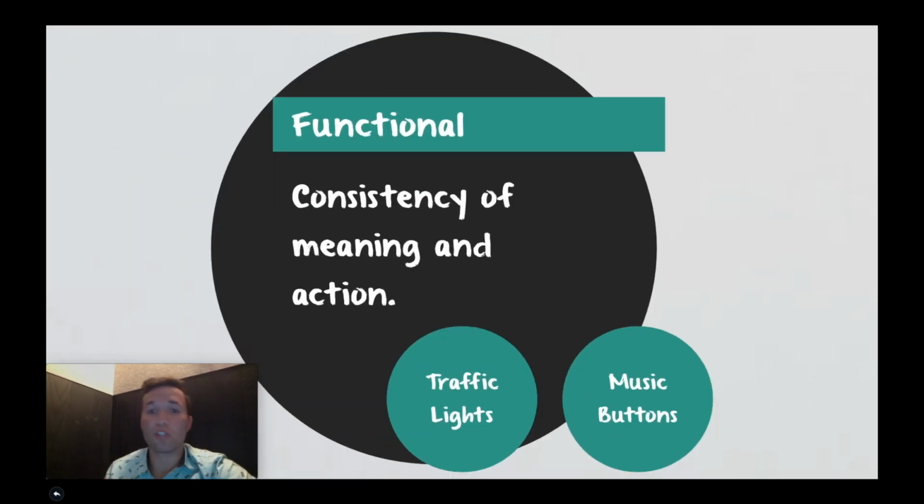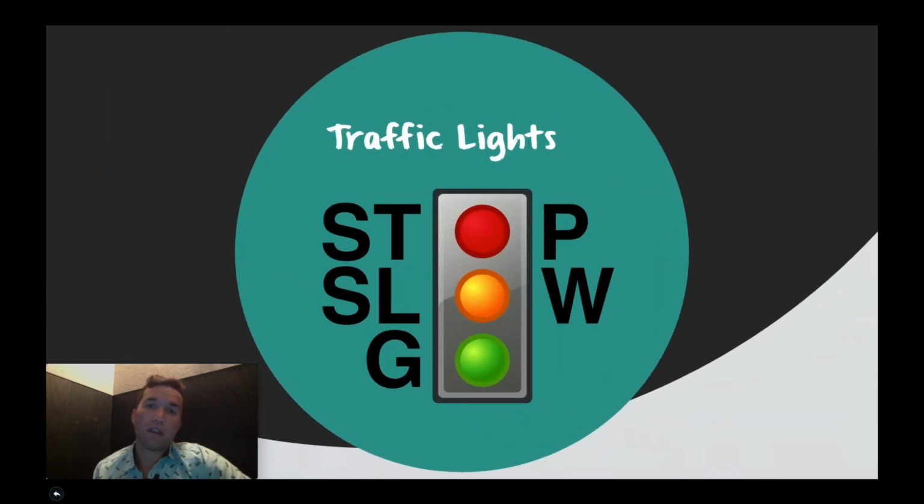The next one is functional, and that means consistency of meaning and action. Let's go into two examples. The first one being traffic lights. You drive past them every day, and it's important to understand that if the function of the traffic light somehow was changed, let's imagine the red was swapped out with blue, or it didn't give you a yellow anymore, or it just went in some random pattern, how many accidents do you think would happen in a day? Probably quite a few, to be honest, because people would be unaware of what was actually happening, and then boom, crash. So function matters, consistency.